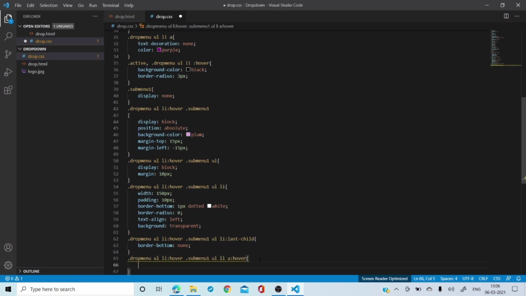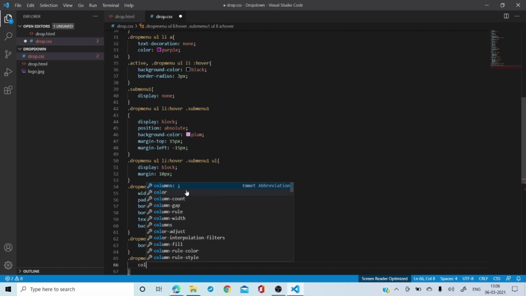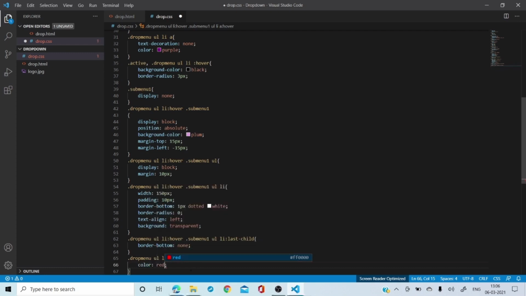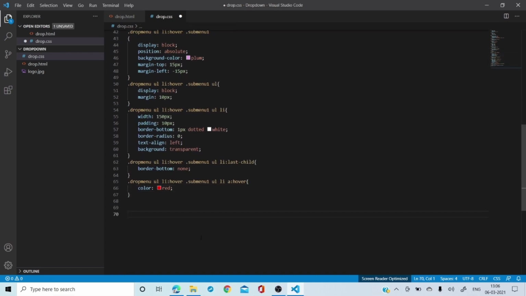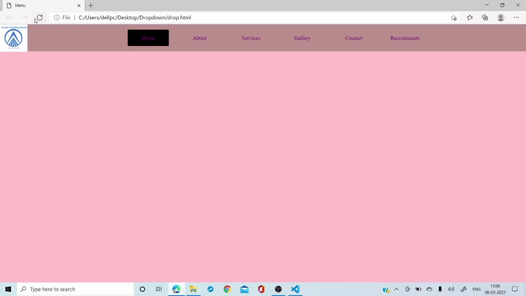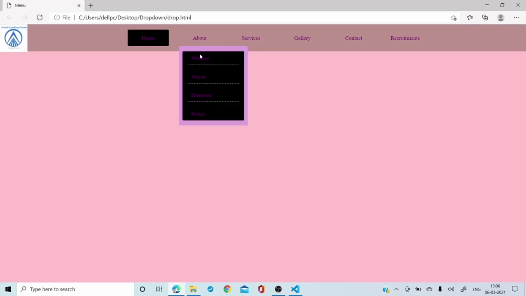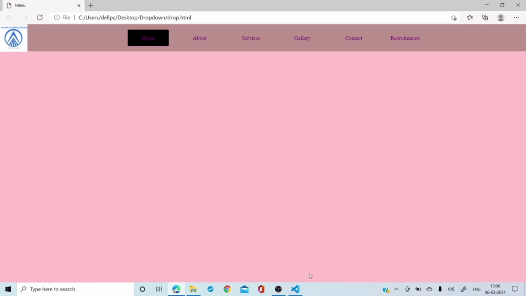When you put the hover effect, which color do you want it to show? That is the red color. Okay, so let me bring this down for you. Control S. Let me show. Okay, can you see what is happening here? See, when I'm clicking on these links, it is showing mission, vision, directors and policy, right?